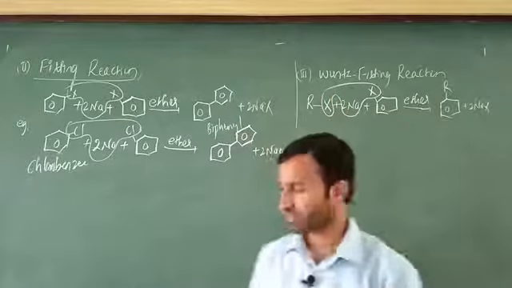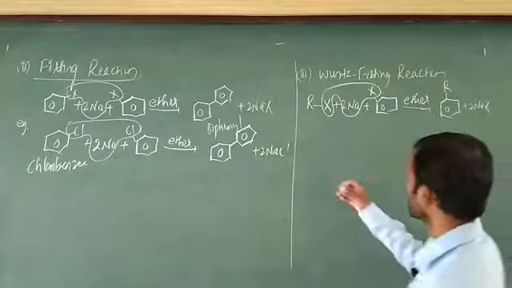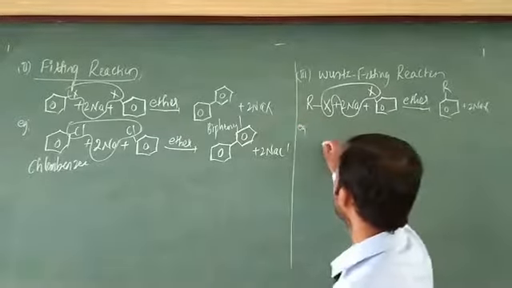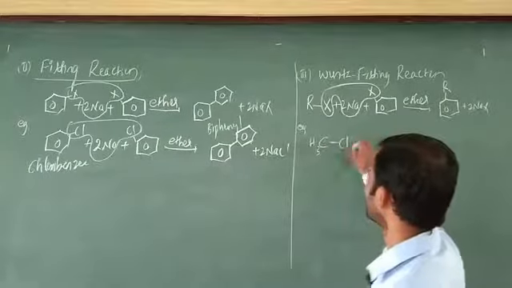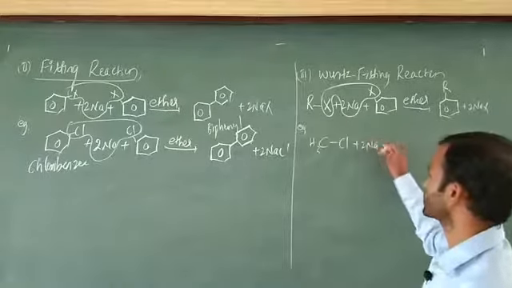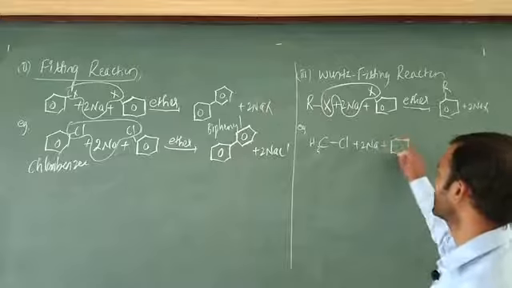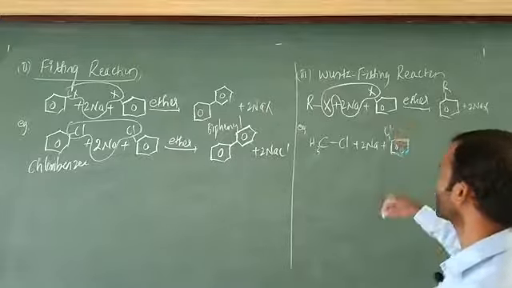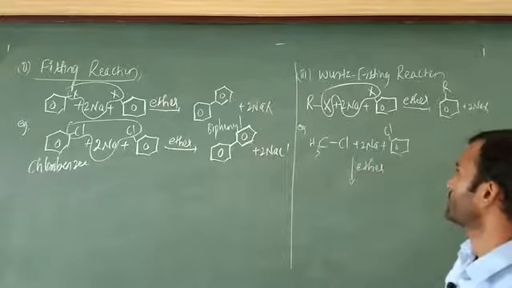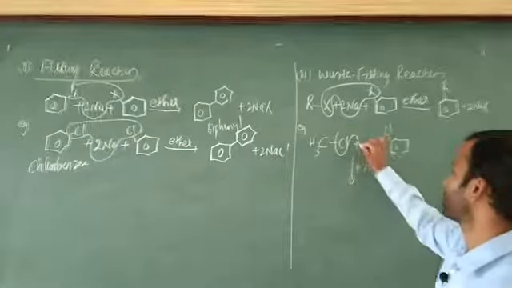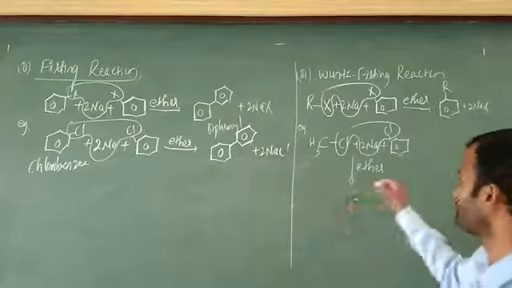Okay, next, an example for a particular case. I am going to take R as CH3. Next, in this case, I am going to take Cl. This can react with sodium. Next, after that, I am going to consider chlorobenzene in the presence of ether, you have to write. In this case, you have to eliminate these things. 2 moles of NaCl will go out.